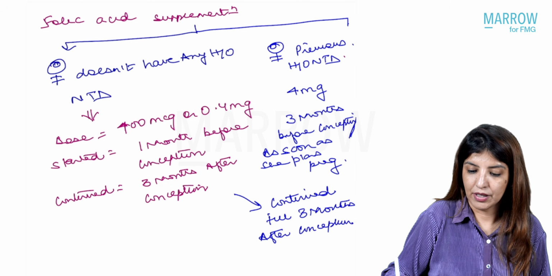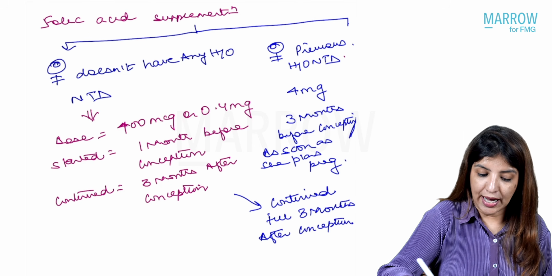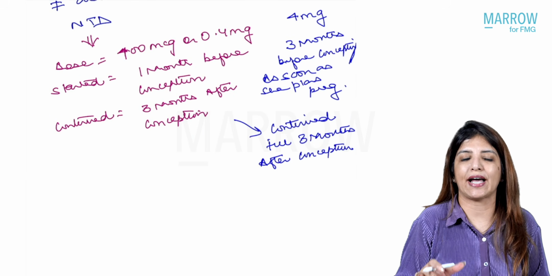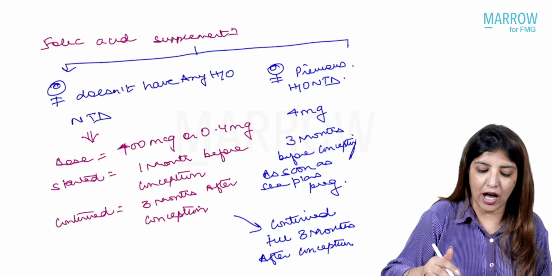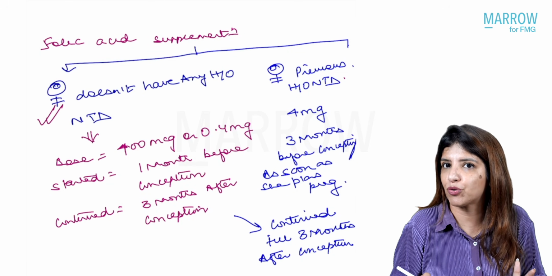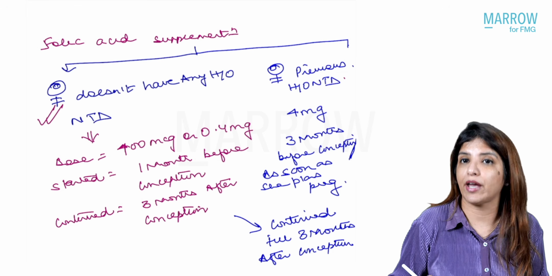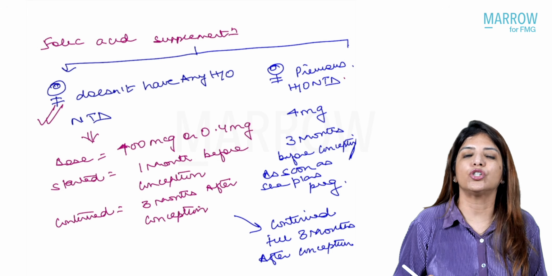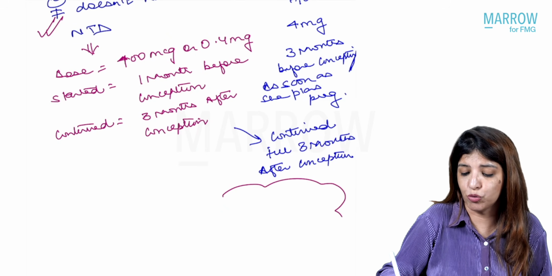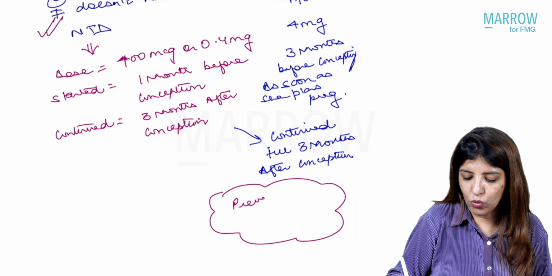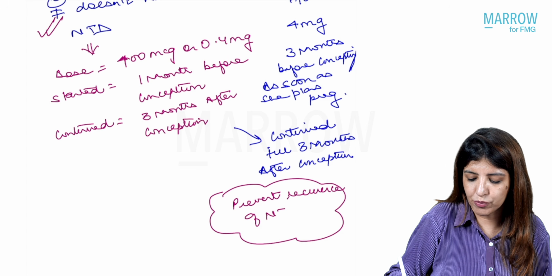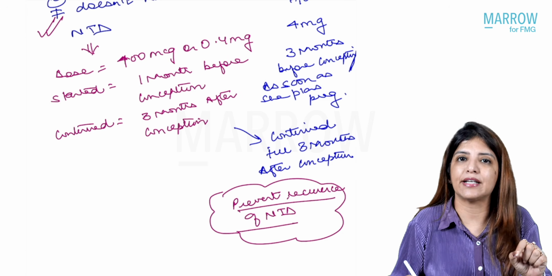Right? Now, the other very important thing is they may ask you what is the dose of folic acid to prevent neural tube defect. If they ask you the dose of folic acid to prevent neural tube defect, you know it is 400 micrograms. But read your questions very carefully. If they ask you what is the dose of folic acid to prevent the recurrence of neural tube defect, then in that case, the dose has